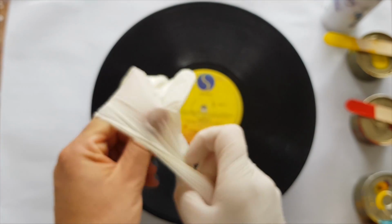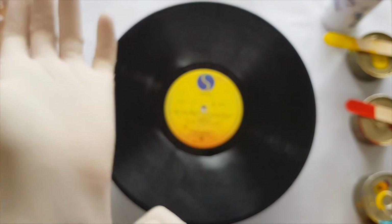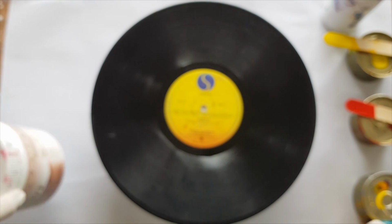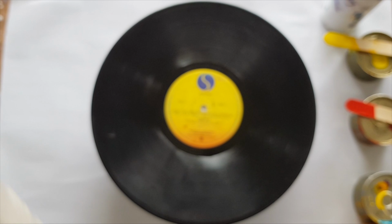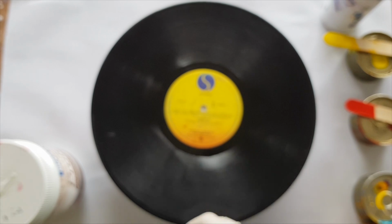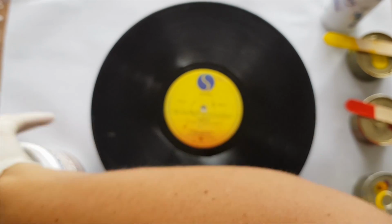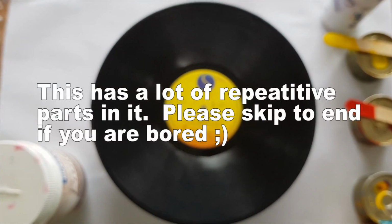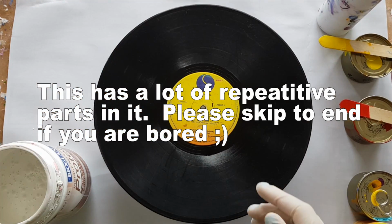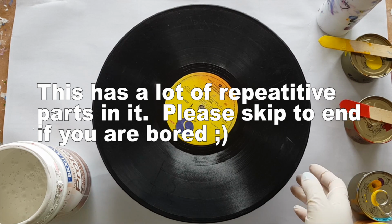But what am I doing today? I'm going to start off with the white. I've just got my record sitting on my children's pottery wheel. I seem to always have fun remembering the word pottery. How does it get any better than that? I'm using it as a turning thing so that I can blow in the same direction each time. Hopefully that will create a